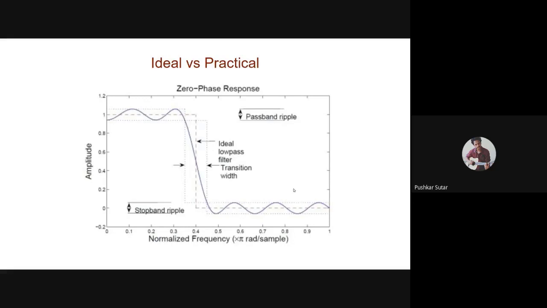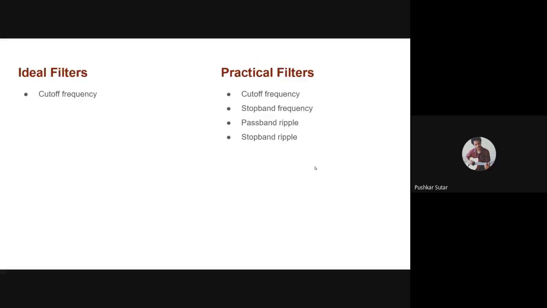And also the stop band part is not completely attenuated. This is not completely zero. So okay, now you have three things in mind. Firstly, we saw two different types of graphs, the ideal one and the practical one, and from both graphs we extracted three specific points about the transition, about the pass band, and about the stop band.